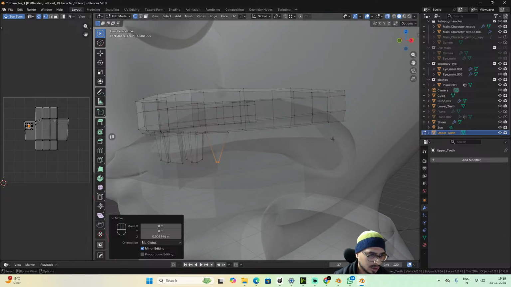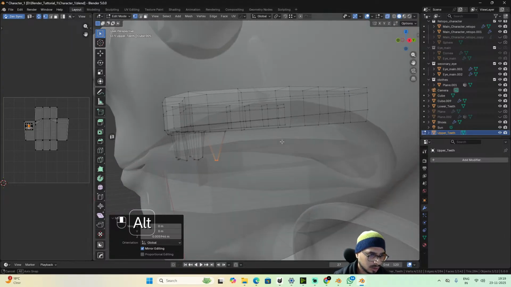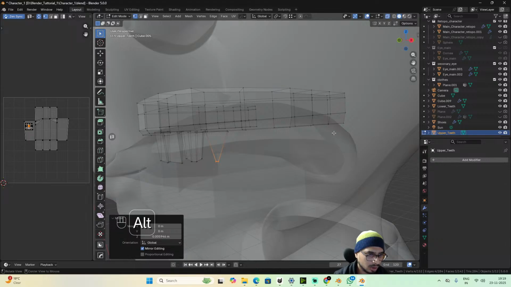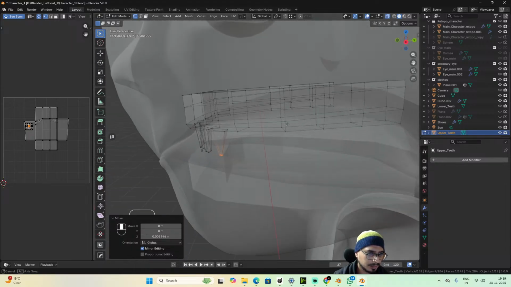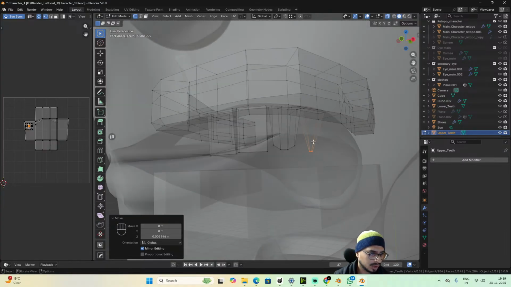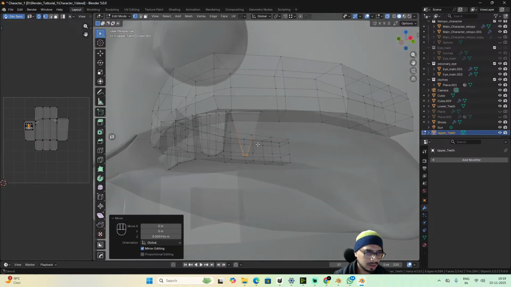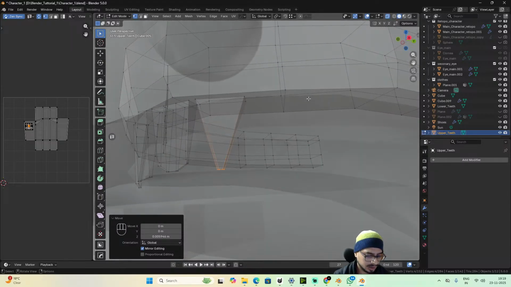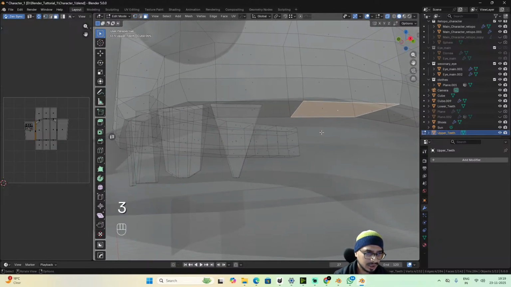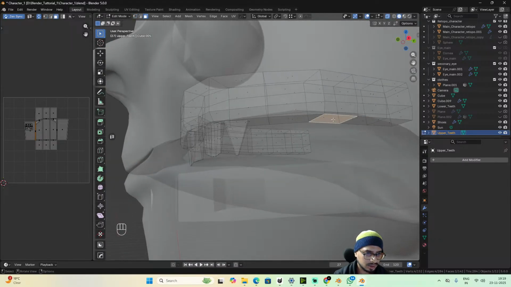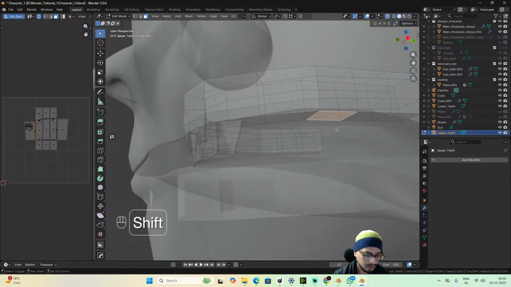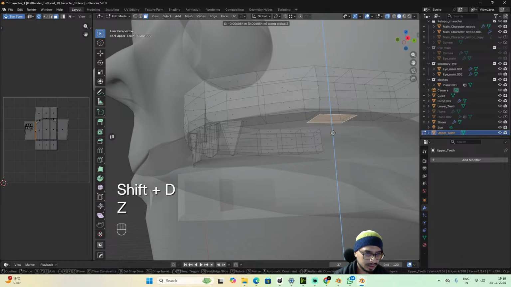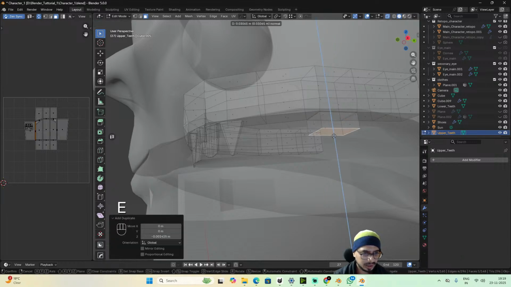We need to add 4 more, even though we have a lot of space, so we might like shorten this part a bit once we are done with our teeth. So I can just simply like face select this face, or this one, this is like more squared shape compared to that one, so we'll duplicate it, move it a bit down, extrude it,